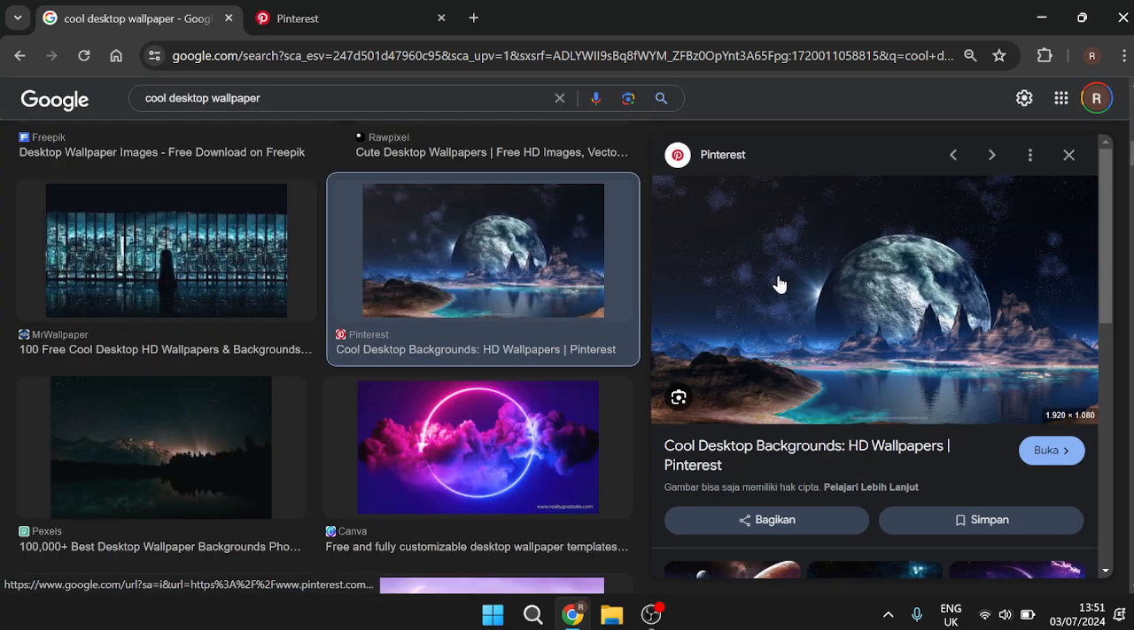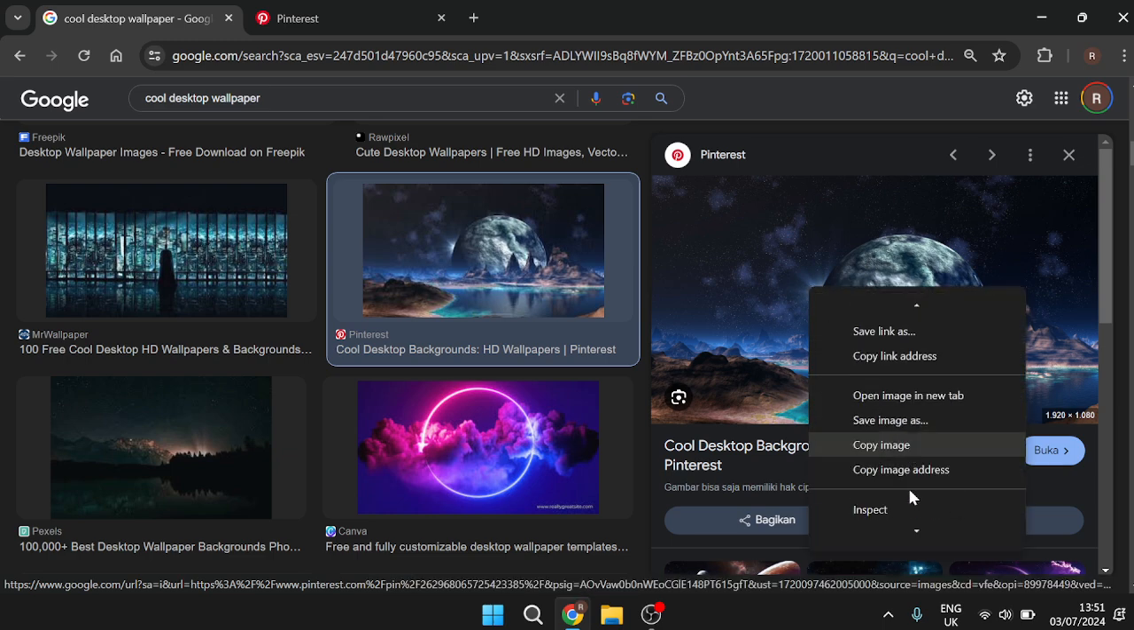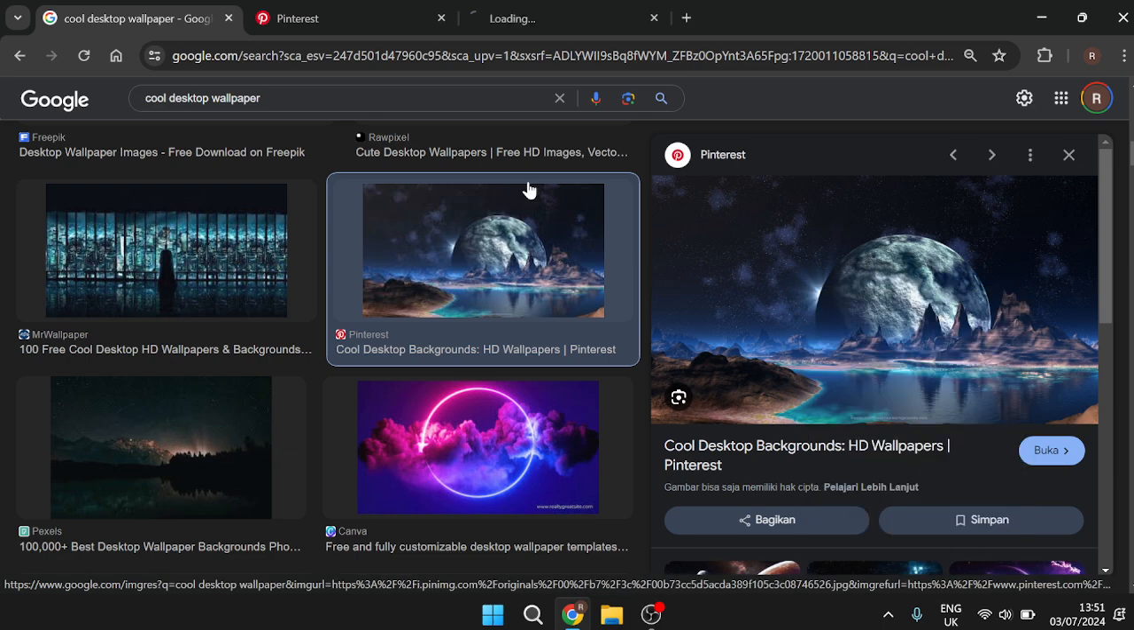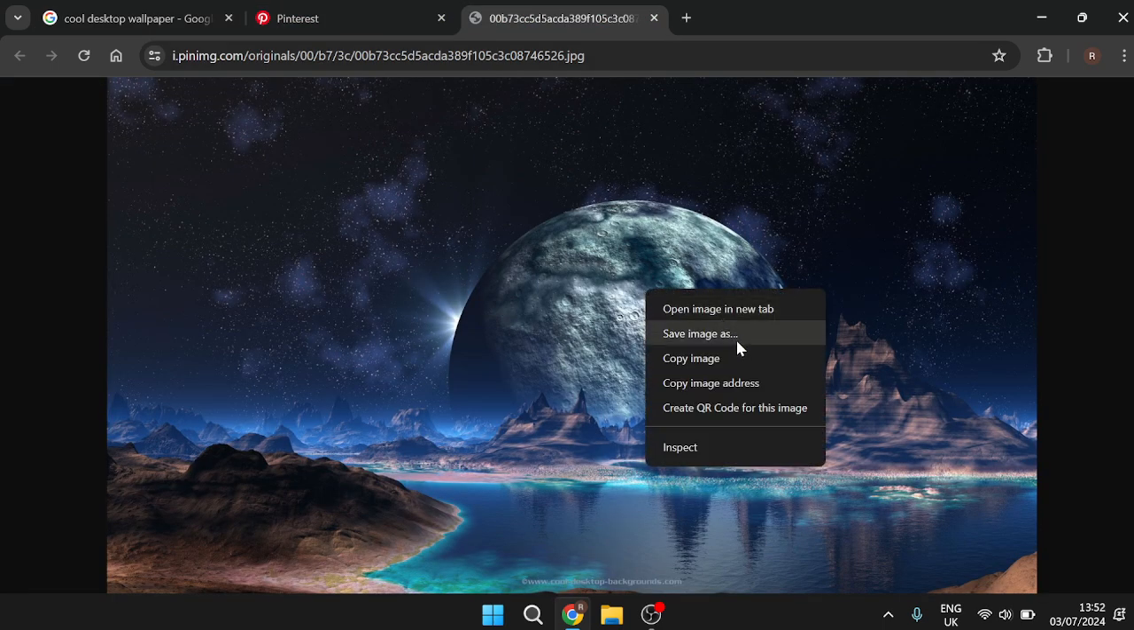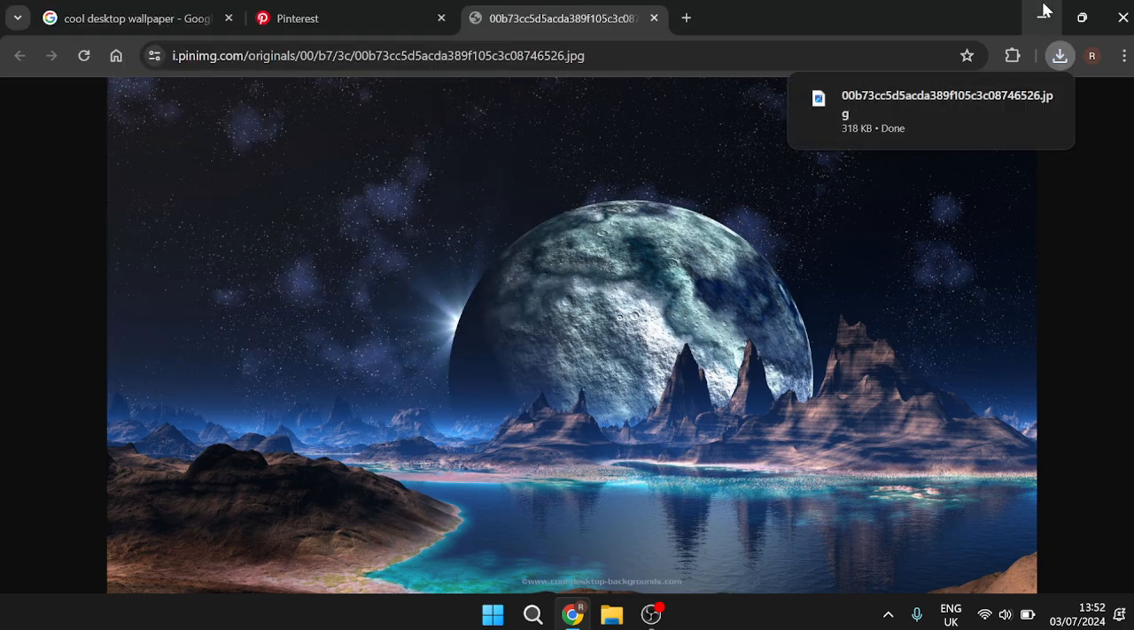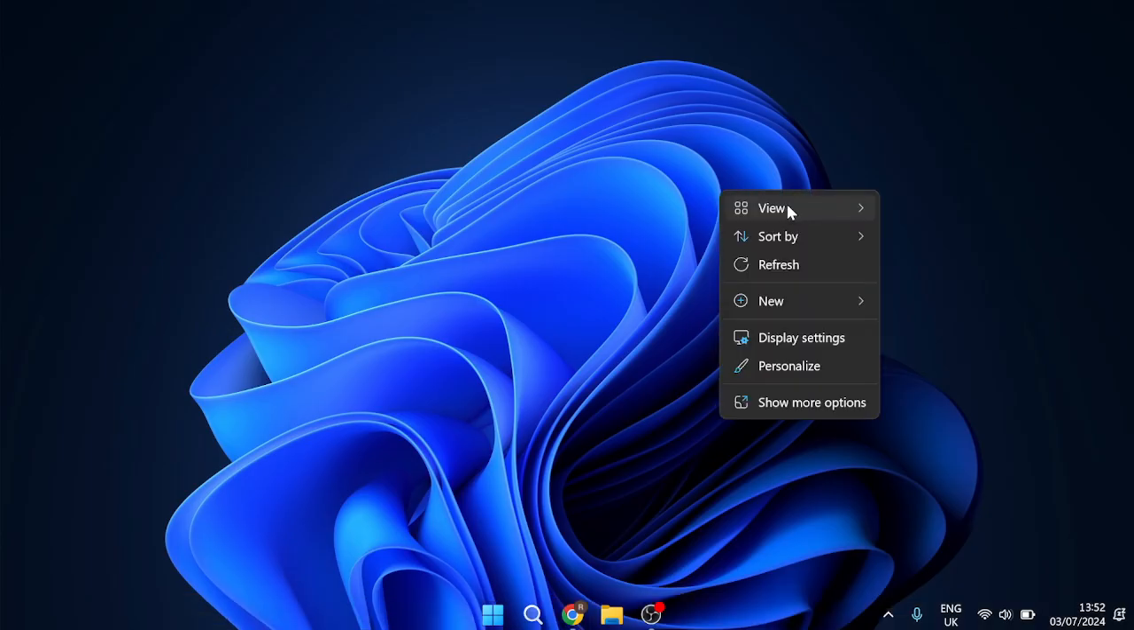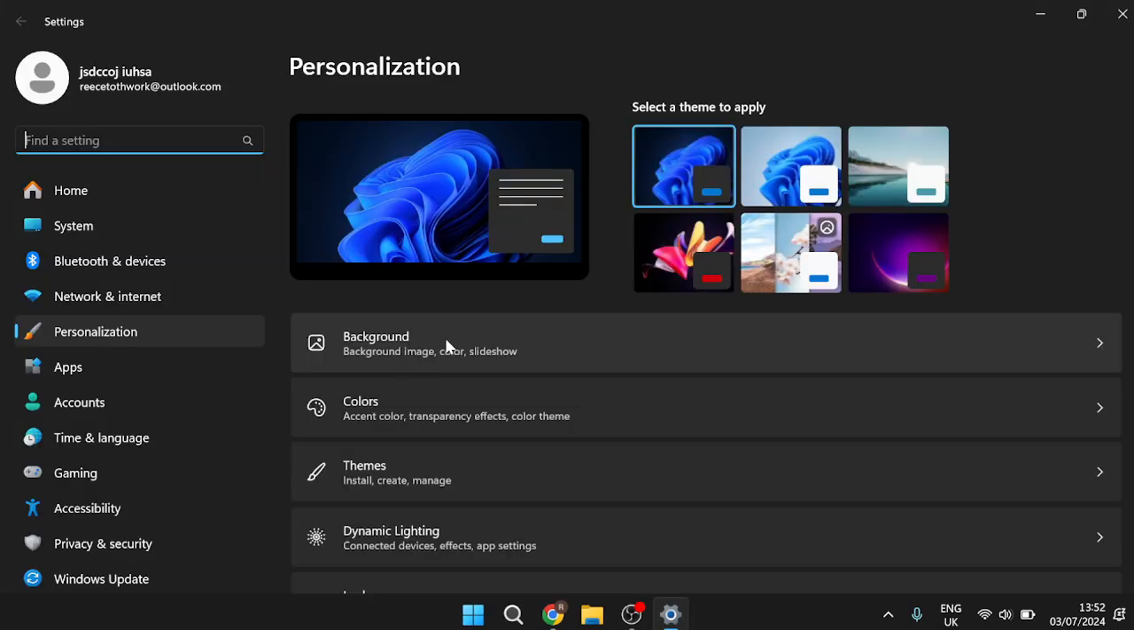And once you've found an image that you like, we can just right click on this image and select open image in new tab, and then we're just going to right click on this and save the image to our desktop. And then you can head over to your desktop and right click, come over to personalize, inside of background,